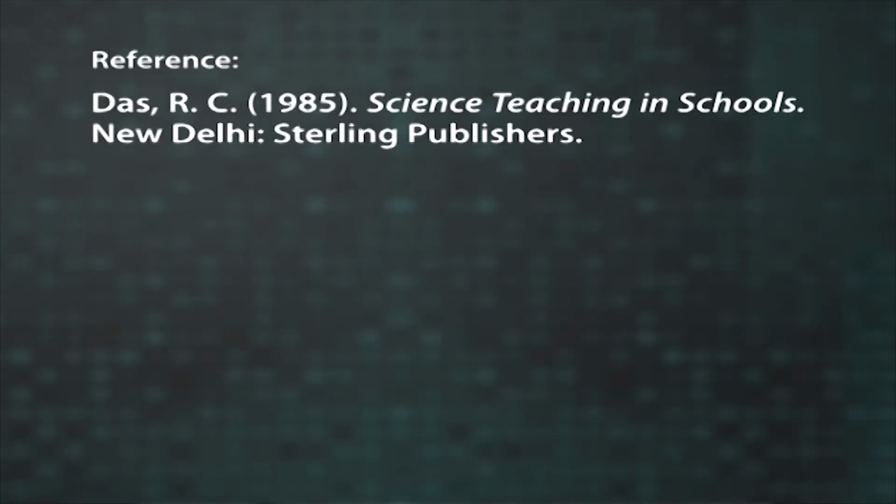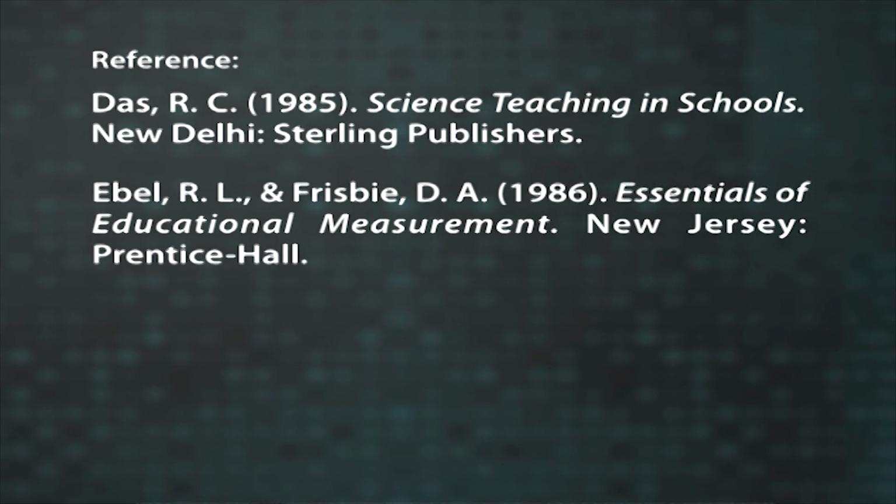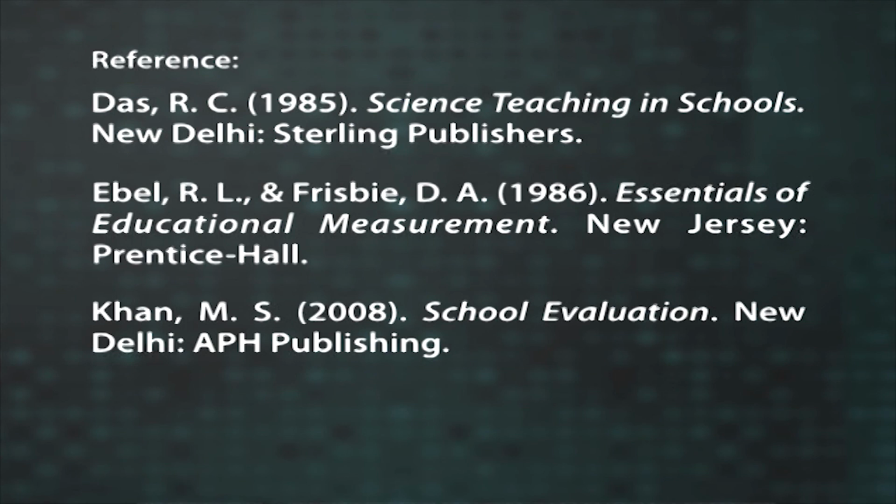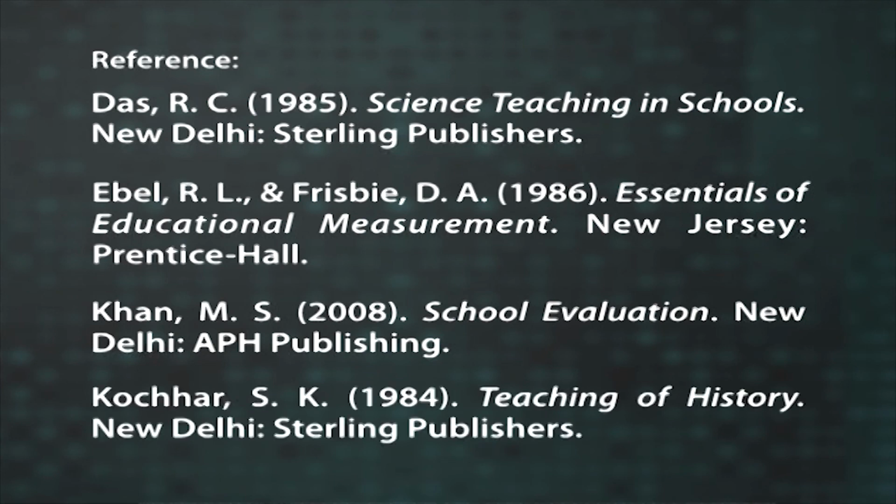Now, you can go through the reference books given here. Science Teaching in Schools, written by Das R.C. and published by Sterling Publishers, New Delhi in the year 1985. Essentials of Educational Measurement, written by Abel R.L. and Frisby D.A. and published by Prentice Hall, New Jersey in the year 1986. School Evaluation, written by Khan M.S. and published by APH Publishing, New Delhi in 2008. Teaching of History, written by Kochar S.K. and published by Sterling Publishers, New